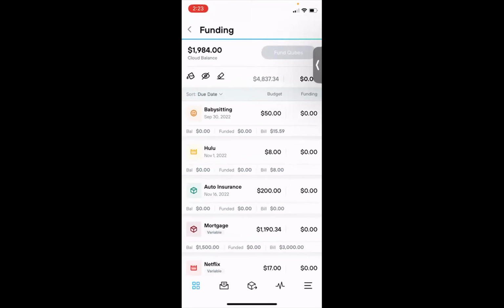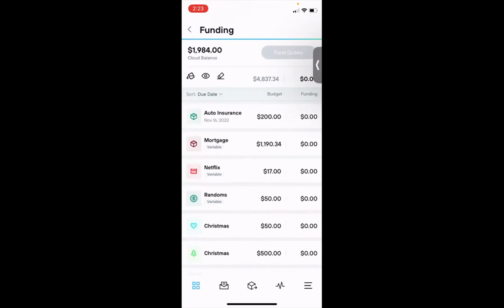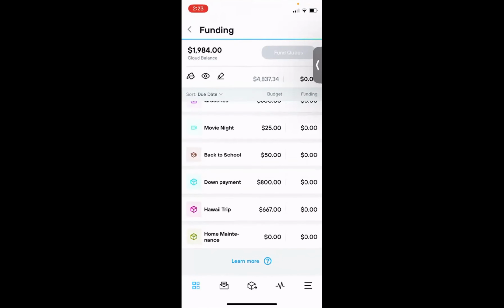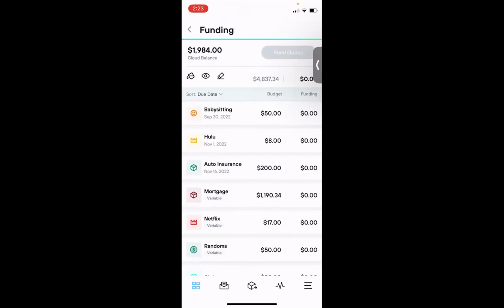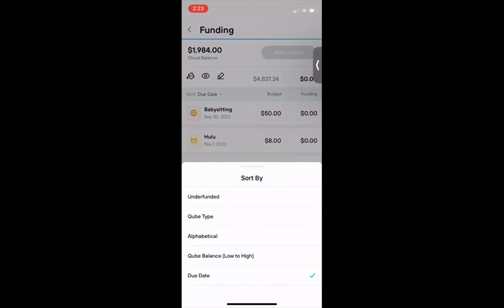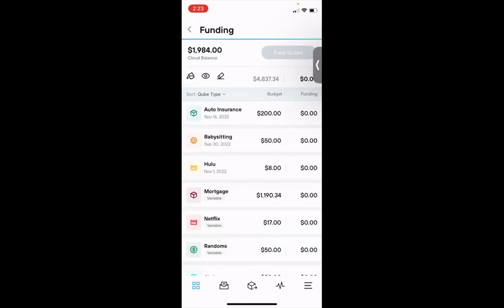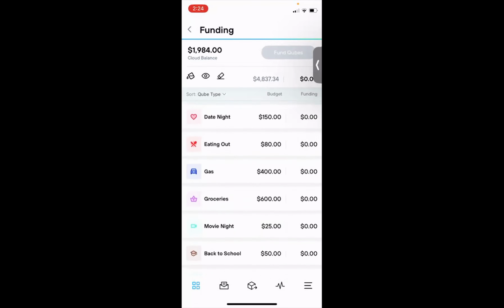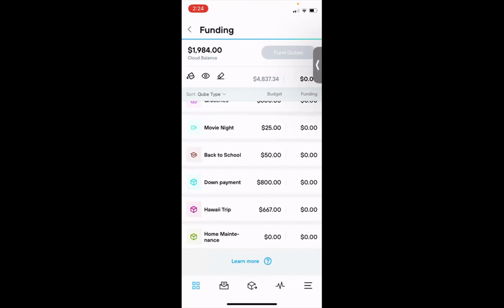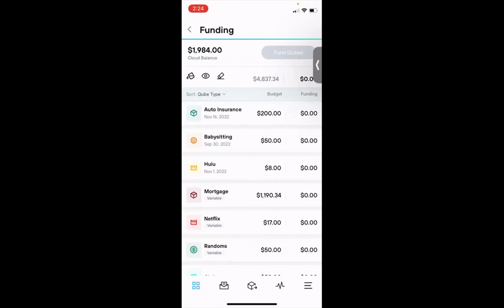And then, like Kaylee explained, you can see all of your cubes in one place. And this is right now the only screen where that can happen. You can also sort them by different things, alphabetical or cube type. So cube type puts all the Bill Qubes first with their dates, and then spend and then gold cubes. So there are three icons